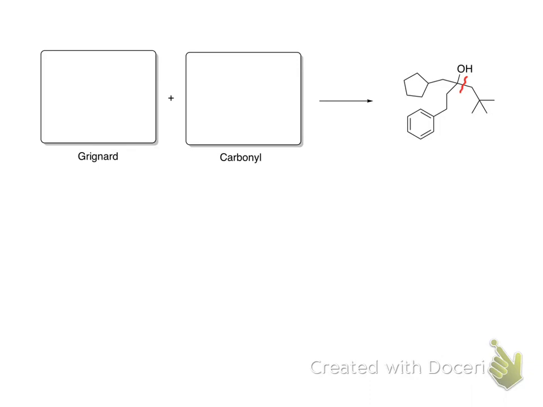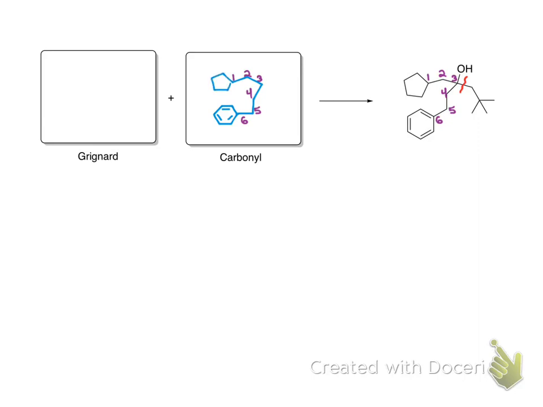I always like to start with the carbonyl. So, again, I'm going to do some numbering for my reference. So there are 6 carbons spanning from our cyclopentane ring over to our benzene ring. So I'm just going to draw that backbone. So here we've got our 6 carbons. On the 6th carbon, I'm going to draw in an aromatic ring, like so. And on this first carbon, I'm going to attach